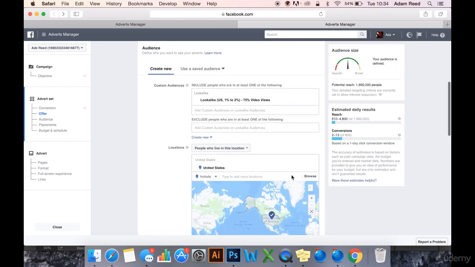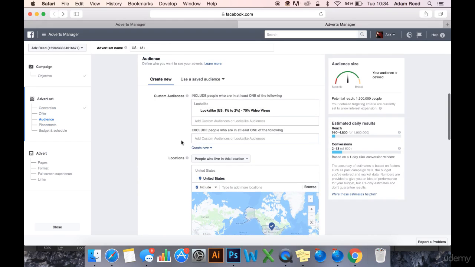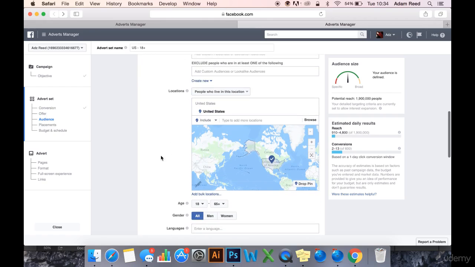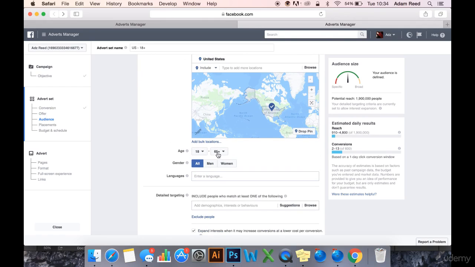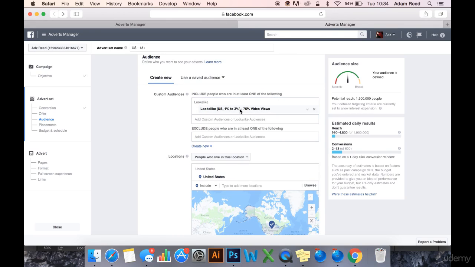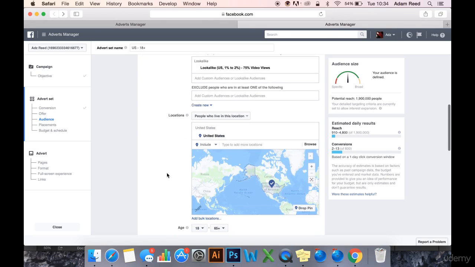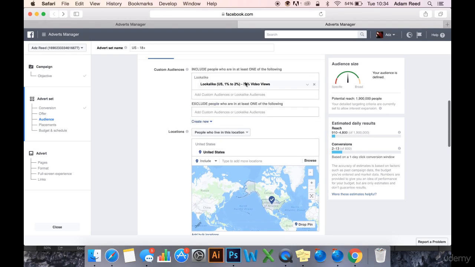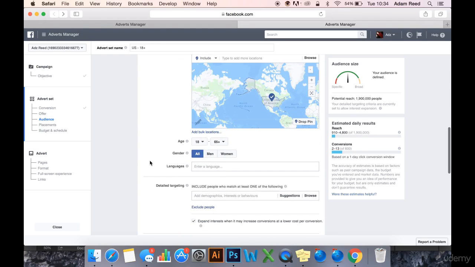So that is how you use lookalike audiences and custom audiences in your targeting. You simply upload it here. There isn't a real need to adjust the ages and genders because the lookalike audience is being populated using previous information. But of course you can change these if you like, if you want to actually constrain this lookalike audience, which I'll go into in the next